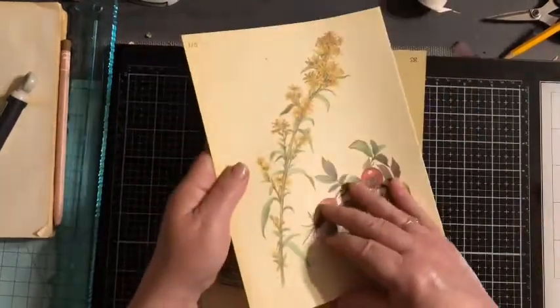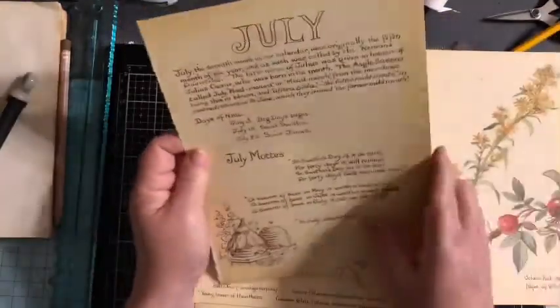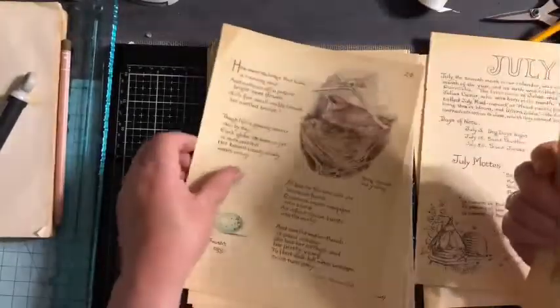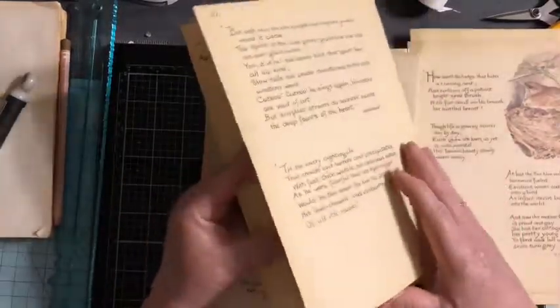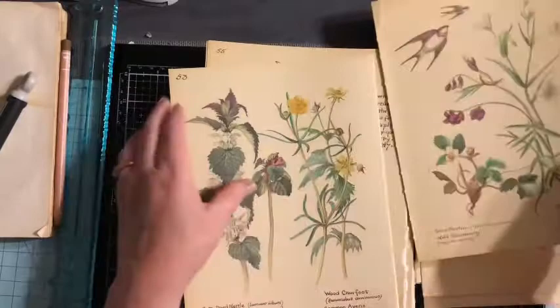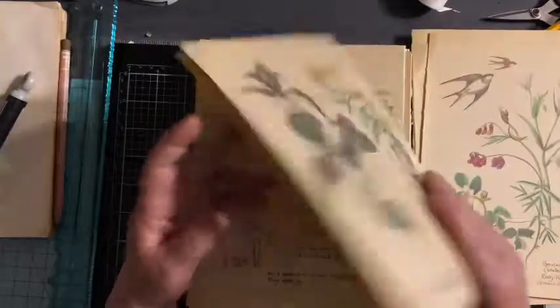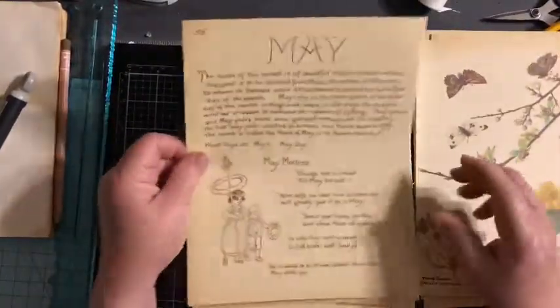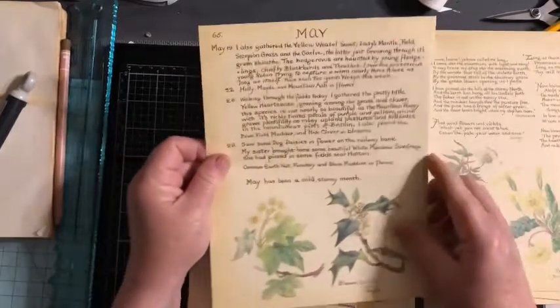As I was going through taking it apart, I noticed when I was going through the pages, first of all, some of these pages, in my opinion, should never be cut up, fussy cut. They're just too pretty in their natural state. And so I was trying to think of something that I could do that would keep a lot of them the way they are, or as close to the way they are as possible, without just sticking the book page in a journal. So I decided that I was going to do two things. One,